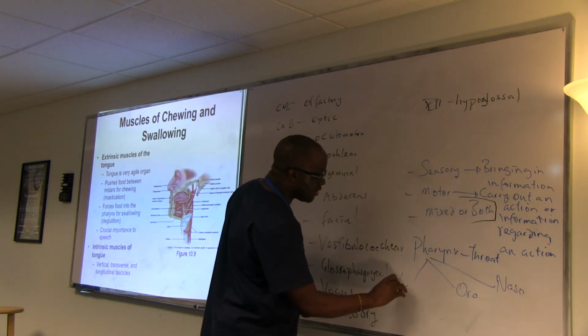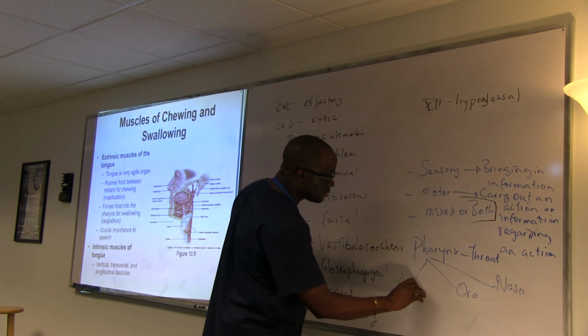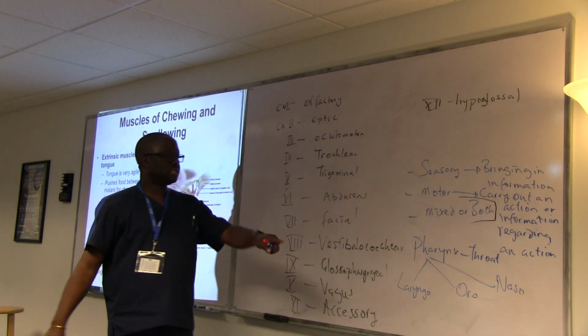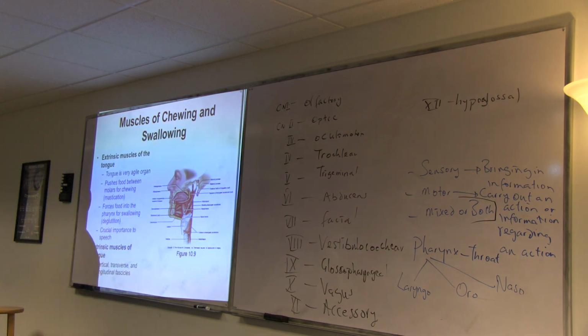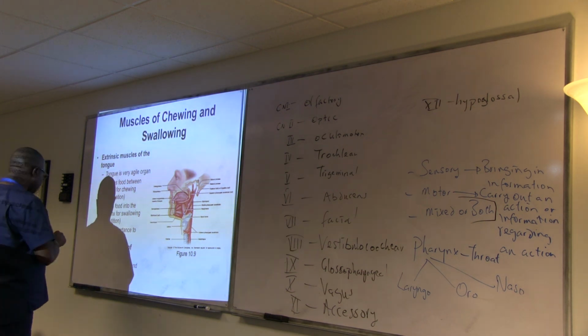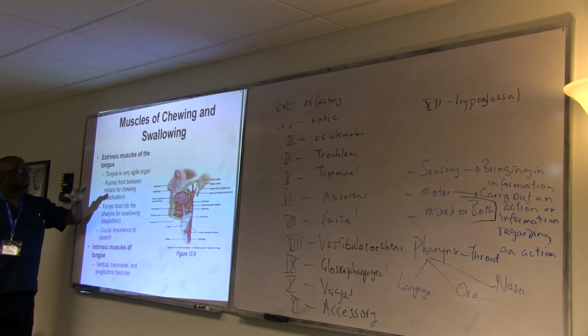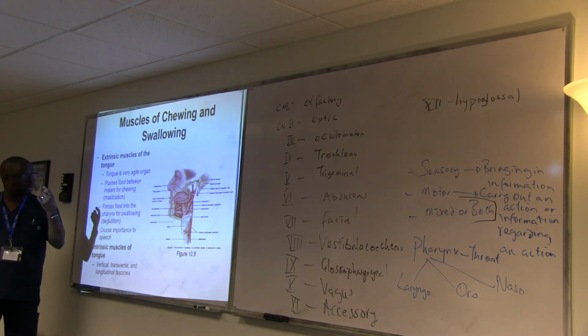Then we have the laryngopharynx. The laryngo is around the larynx. The oral, that's the throat proper, is the middle one. The nasal, close to the nose. The laryngo, around the larynx. Okay? All right. So, the muscles of the tongue, because the tongue is very agile,